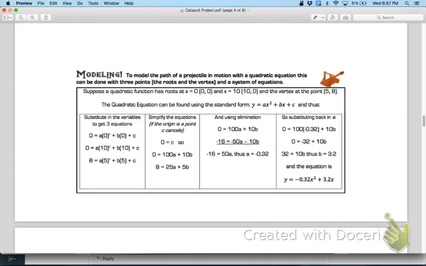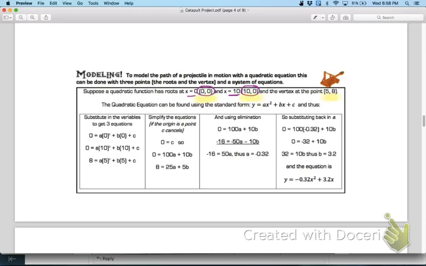The second part of these problems is going to be looking at modeling given 3 points. If we have a quadratic function, as long as we know 3 points, so in this case, they're showing that you have the roots and you have the vertex. So remember, if we say the roots are at 0 and 10, that is the two x-intercepts, so (0, 0) and (10, 0). And then if they give us the vertex (5, 8), then we now have 3 points that we can use,